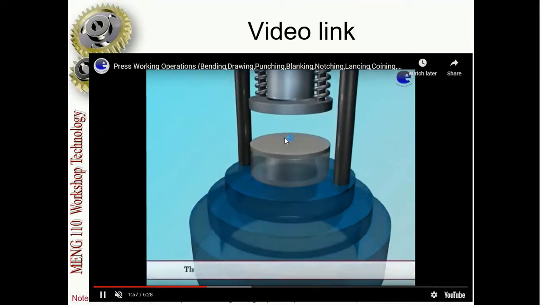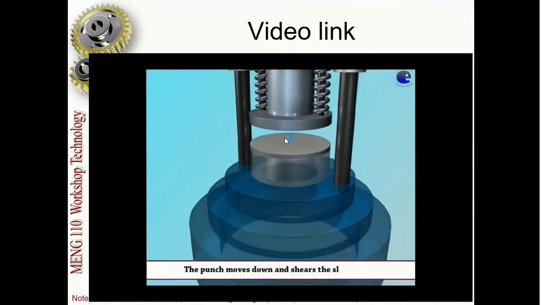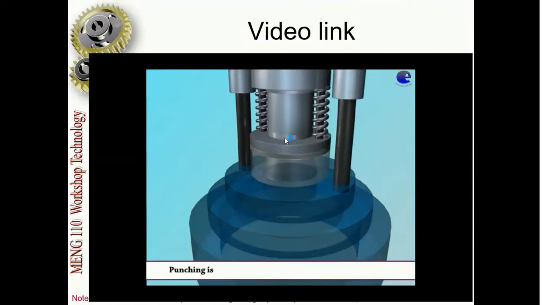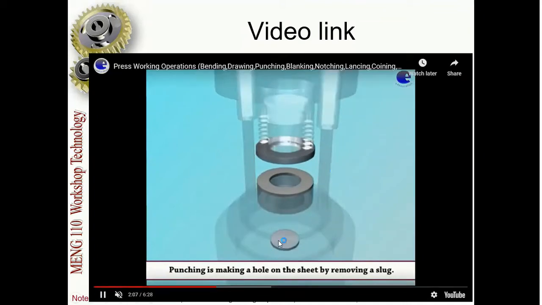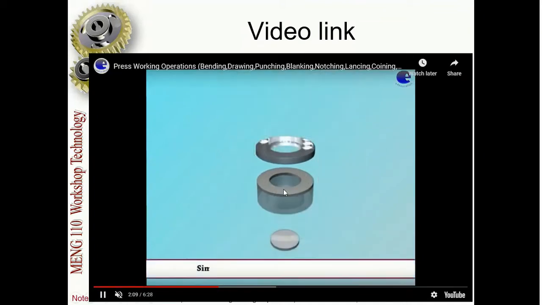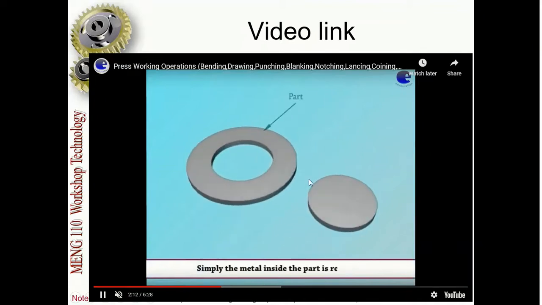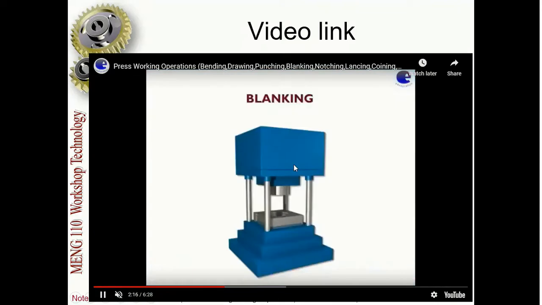Now this punch will come down and shear the sheet metal. Now this will be the waste, and this will be the required product in punching. In the punching operation, this is the waste, this is our required part.